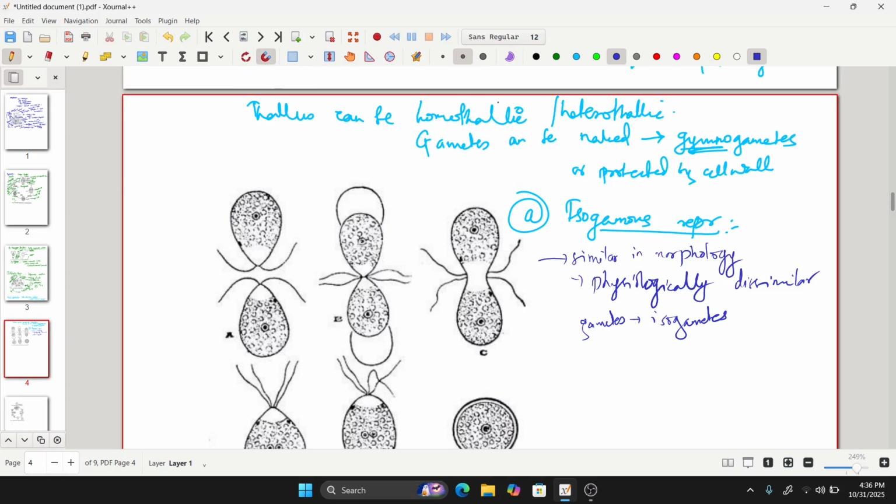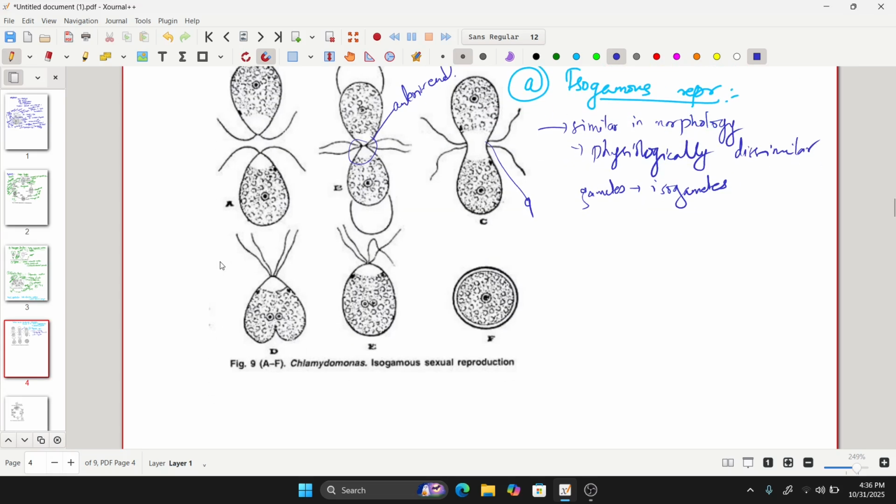And the protoplast of the vegetative cell, when there is fusion, the fusion takes place at the anterior end, and that leads to the formation of a quadriflagellate zygote, that is, a four-flagellate single cell. This is called a quadriflagellate zygote, and this is a diploid structure,